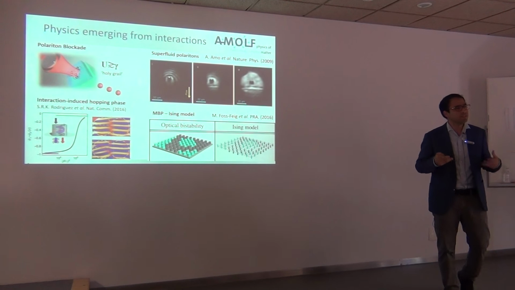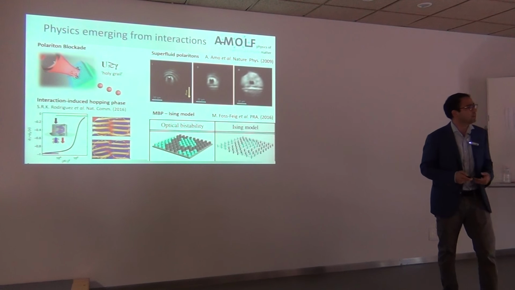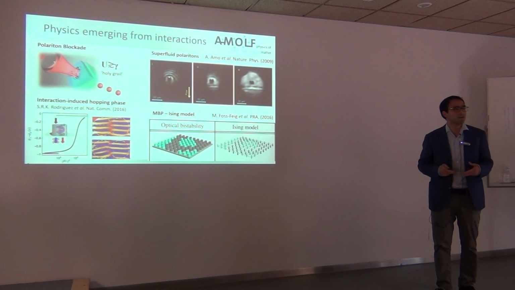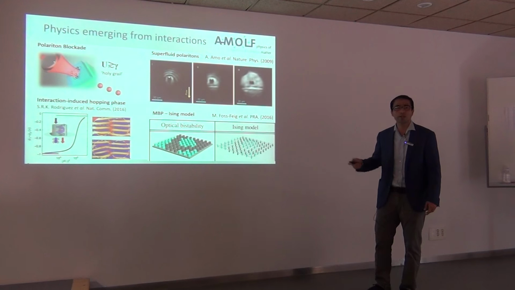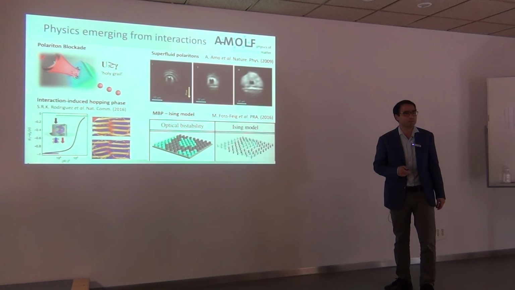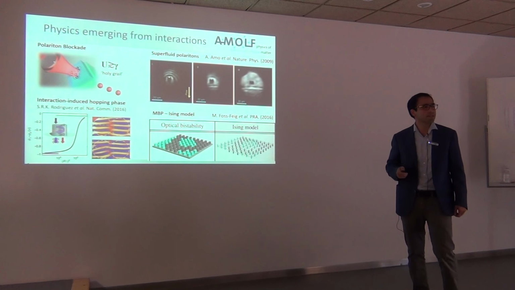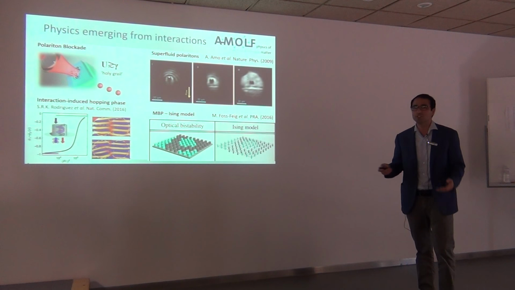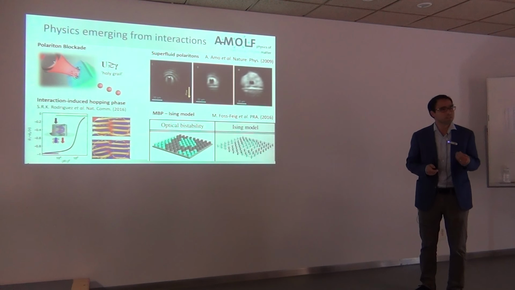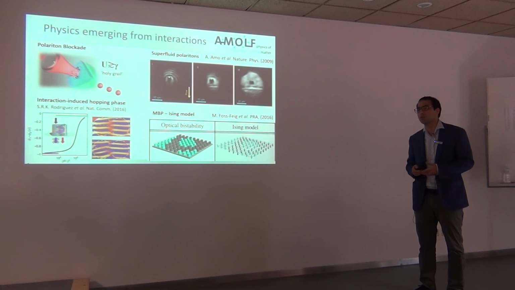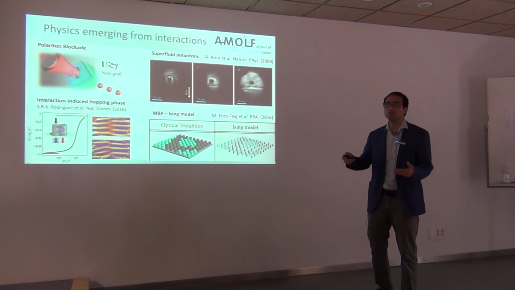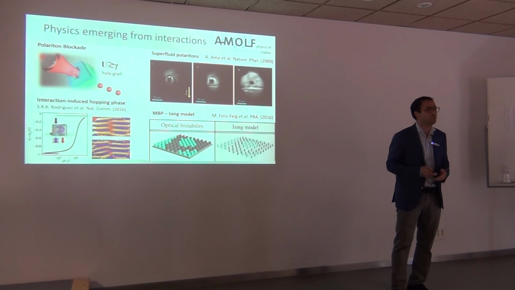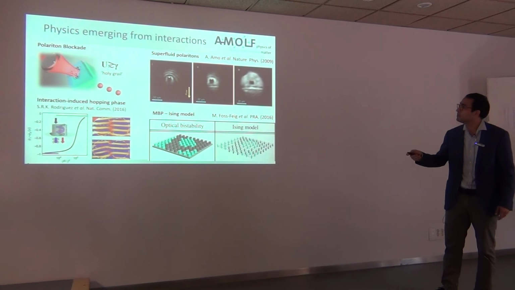Now, there is a lot of very interesting and fascinating physics emerging from interactions, which I've been studying over a number of years with polaritons. I think the holy grail in the field is to realize the polariton blockade regime, which people have been trying for 20 years, and so far nobody has succeeded. And the physics is simple. It's just that when the interaction constant is comparable to or greater than the linewidth, the presence of a single photon in the cavity blocks the entrance of a second one. So this automatically converts coherent light, which is the most classical of all quantum states, into a single photon source.